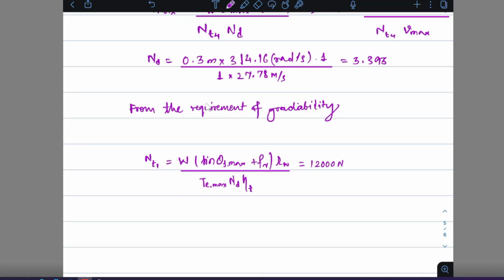So if we substitute the values, and we are neglecting the rolling resistance coefficient, with the angle at 11.31 degrees,